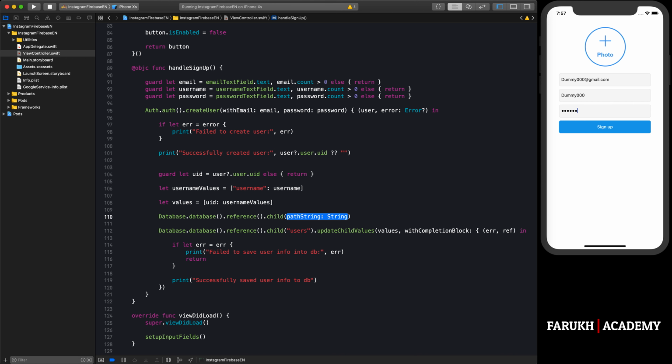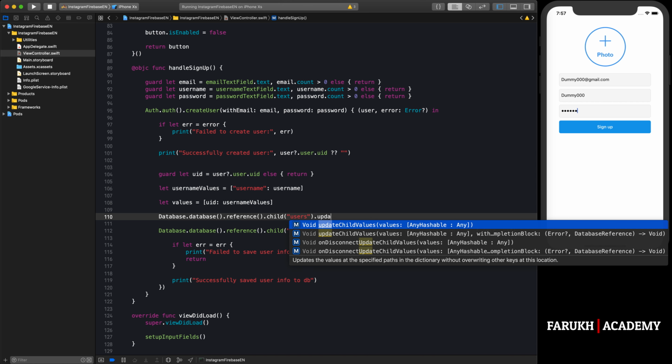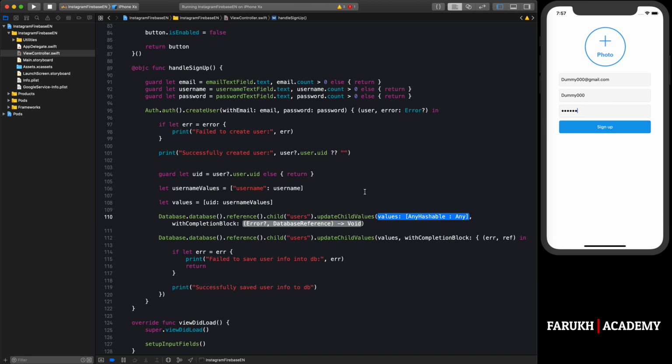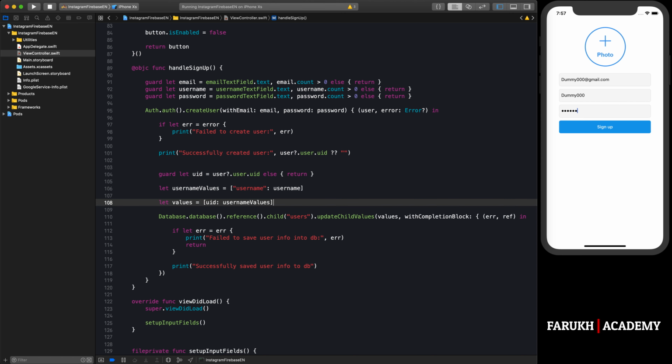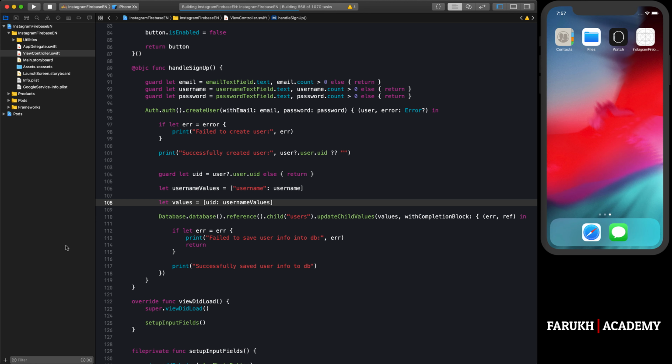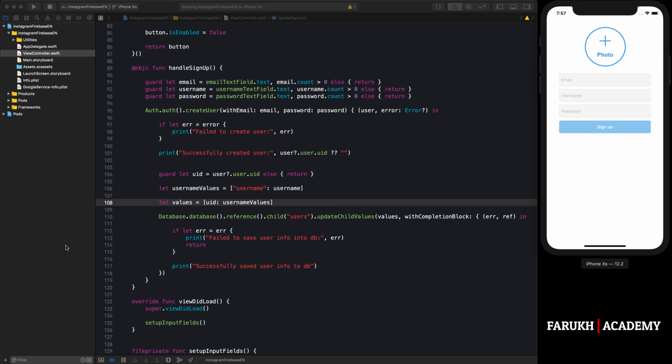database.reference.child, okay, users, and here update child values, and select this one. Okay, but I prefer to save some time. Okay, cool. So if I relaunch my app again, we are going to create a new user and see if it